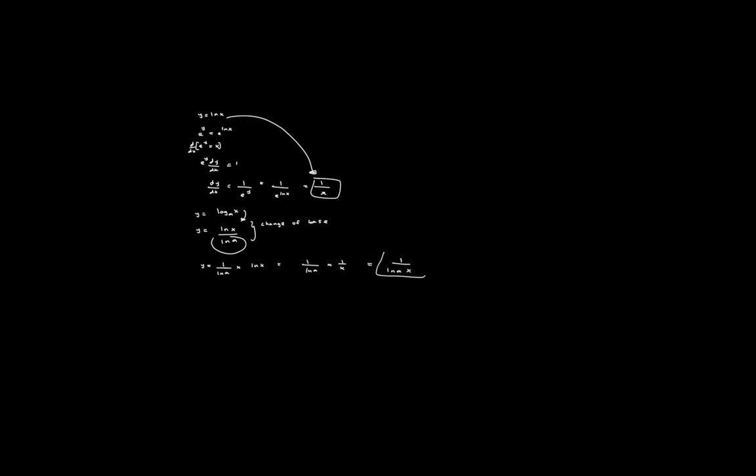And that's the derivative of a logarithm of an arbitrary base a. So now we've derived the derivatives of both an exponential function and a logarithmic function. So let's do some practice problems, and then we'll finally cover logarithmic differentiation, which is a very powerful tool